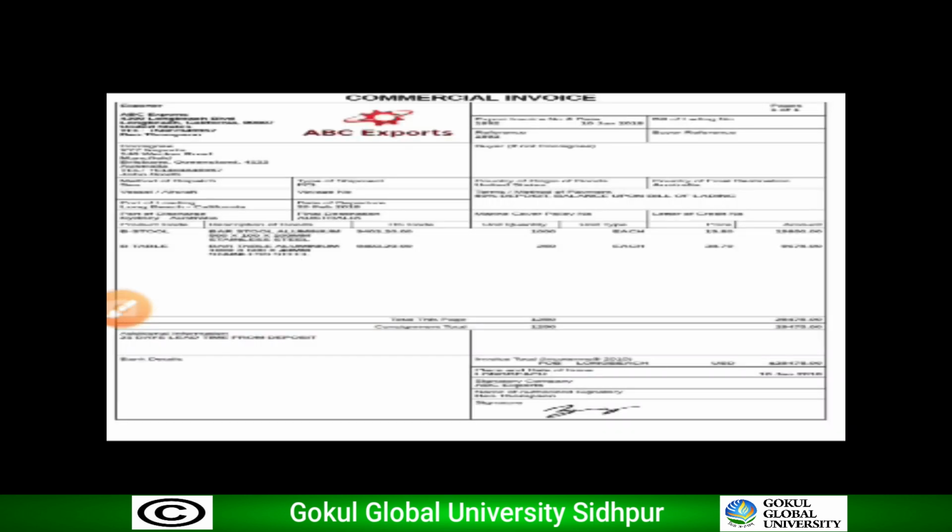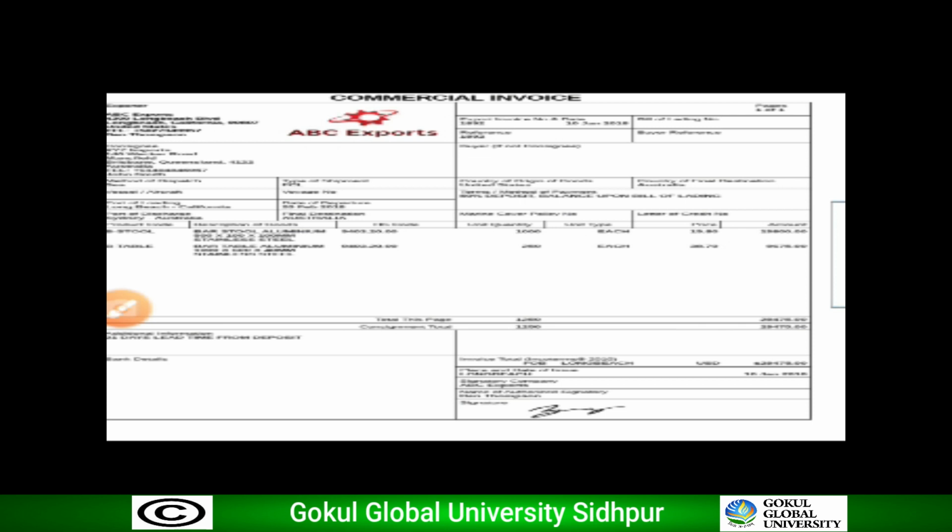commercial invoice. In the last column of the commercial invoice, the exporter and importer both have to sign. You can see the format of the commercial invoice. All details are mentioned in this format. And in the last column, the buyer and seller both have to sign. Next,